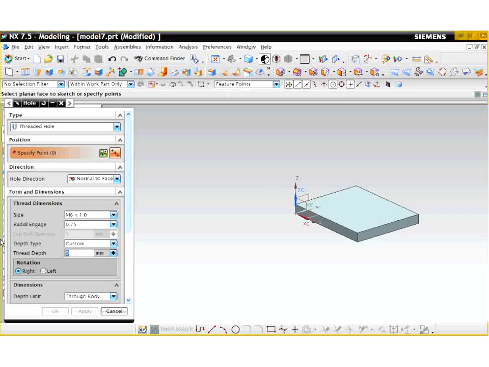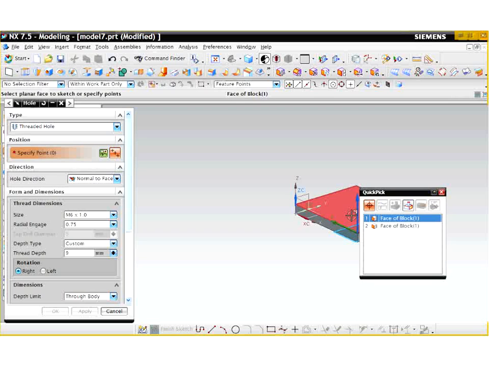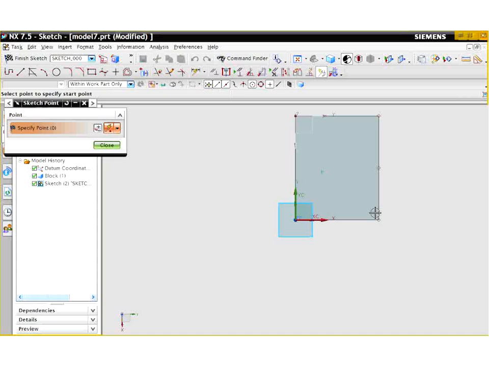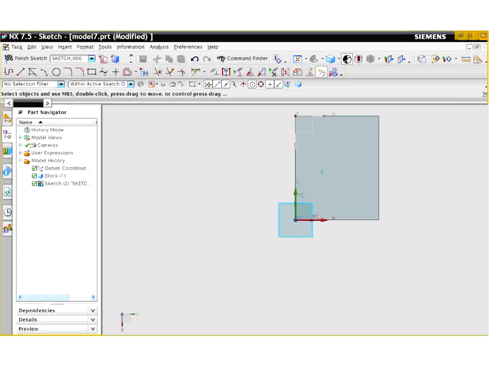You see another menu has come up here that allows us to pick the point we want on this shape that will allow us to create a hole. Let me select this face. Let's select face of block 1. Okay. And where I want to create this hole is 30 millimeters from both edges of the plane. So let's use our Infer Dimensions tool,